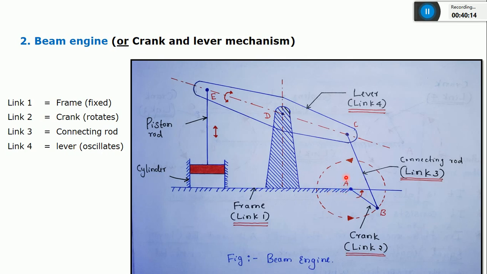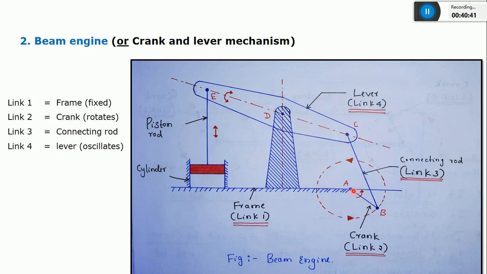Link 2 and link 1 are connected by a rotary joint. Remember, the type of joint is a rotary joint, and the type of pair is turning pair. It means link AB can freely rotate or turn with respect to link 1, so I can call the type of pair a turning pair. Okay, remember the 4-bar chain will be having 4 turning pairs. Between each link there will be 4 turning pairs.